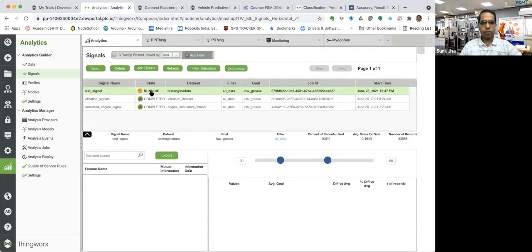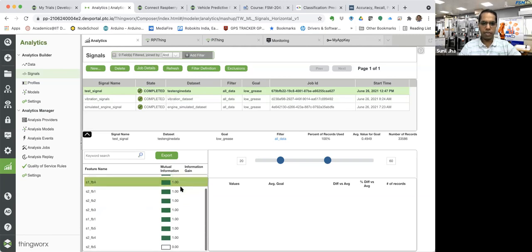So it will keep on showing you running. It will perform certain steps to complete the signal analysis. It is basically trying to analyze the complete sensor data that is there in the 36,000 observations. And it will bring out which sensor is contributing more towards the prediction of the low grease level.